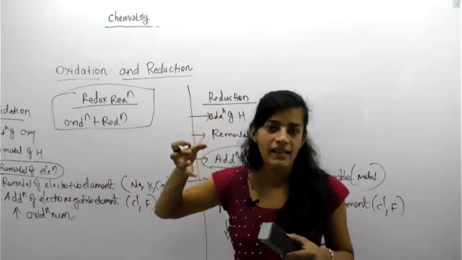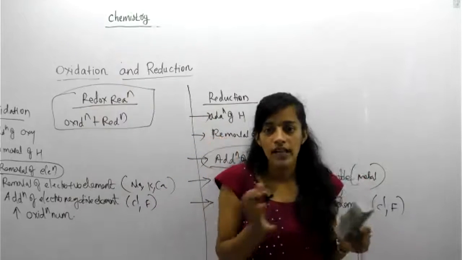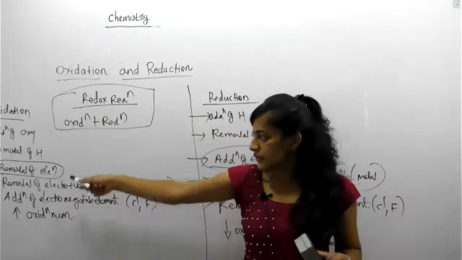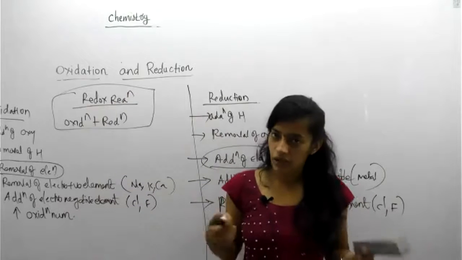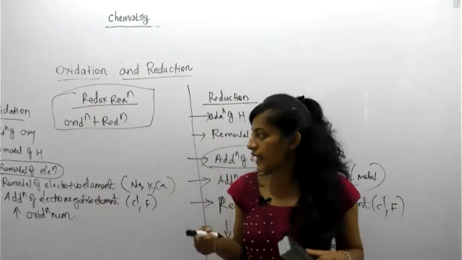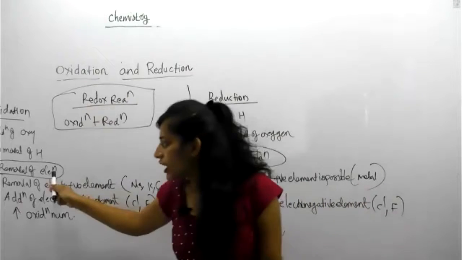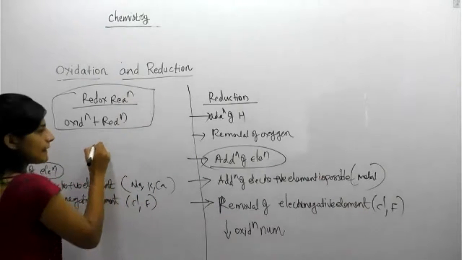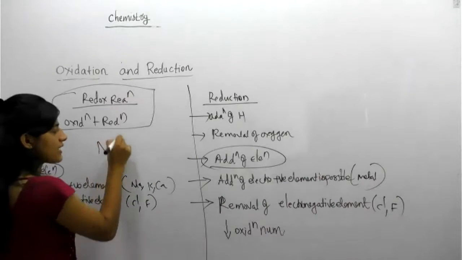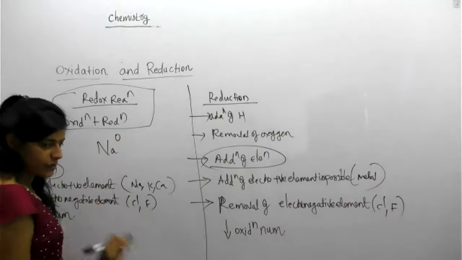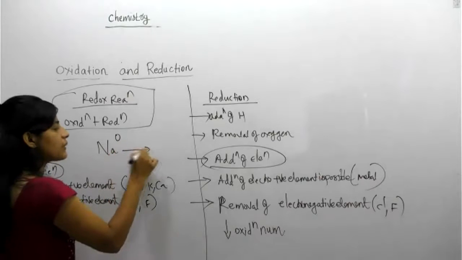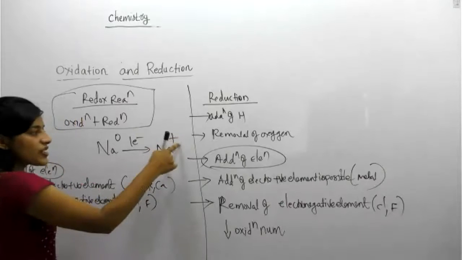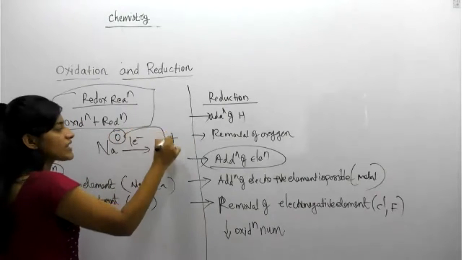So in that case, electron is moving from one side to the other side. Removal of electron on one side is oxidation. Then on the other, removal of electron is there. Suppose, look, in the case of sodium, Na0 was in the initial state, but after the removal of one electron, it becomes Na+. So the oxidation state goes from 0 to +1.